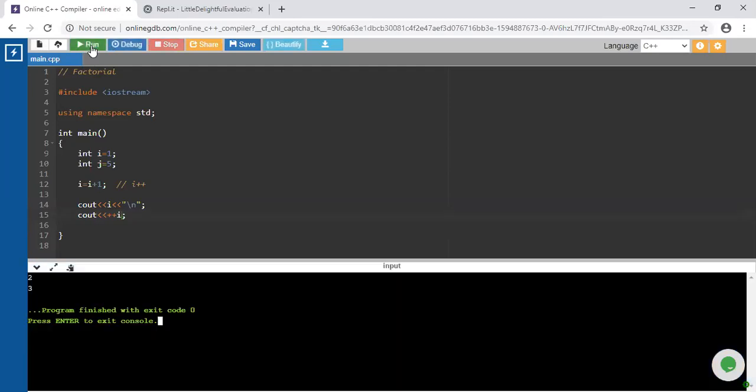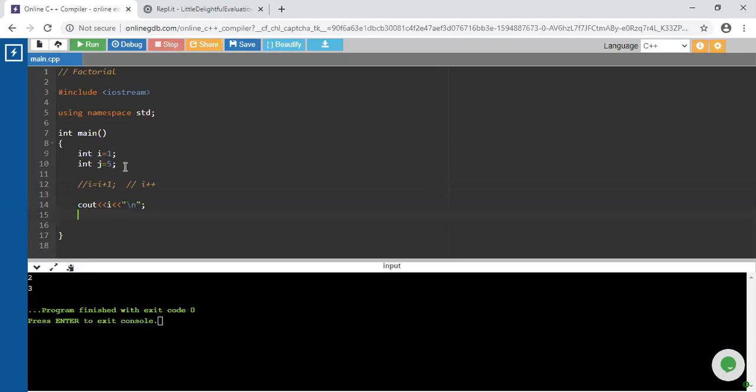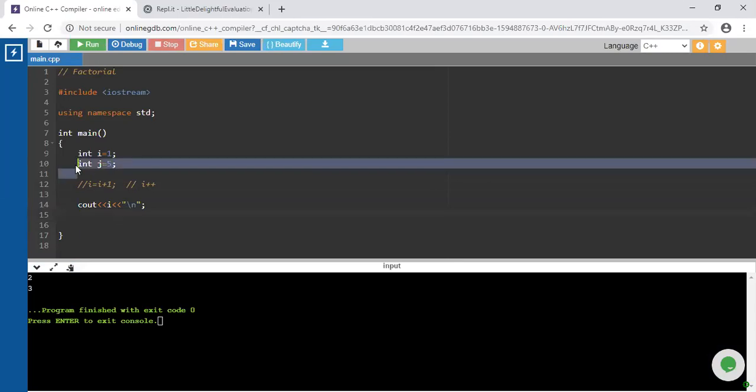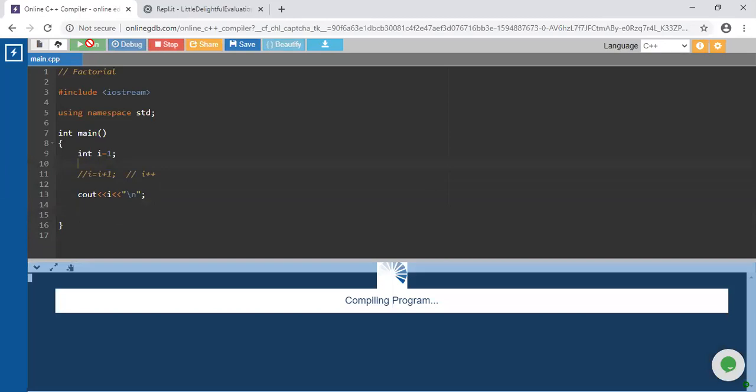Can anyone tell me what that error is? What will happen here if that particular plus is available on both sides? Suppose I comment out this code, and I am just talking about this single I. I will remove this particular I, and I am going to run this code. What is the expected output, guys?